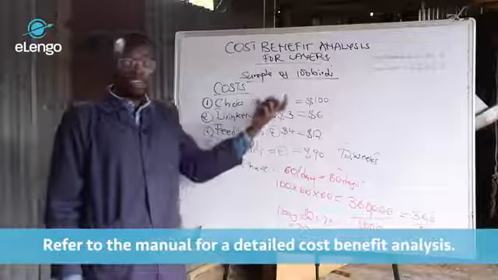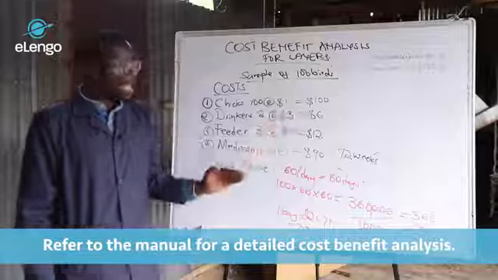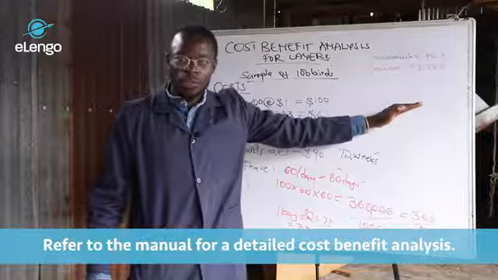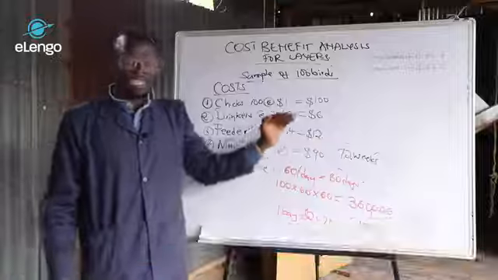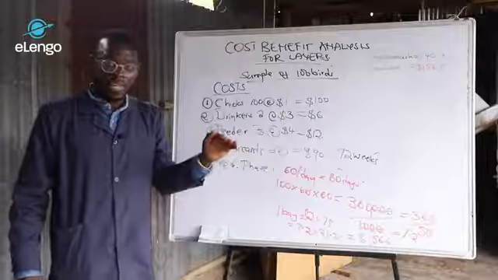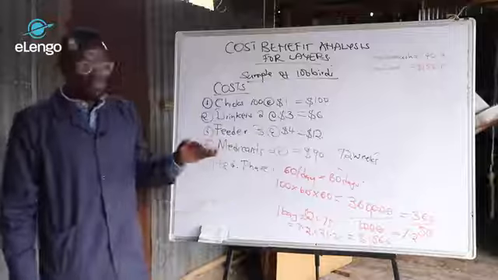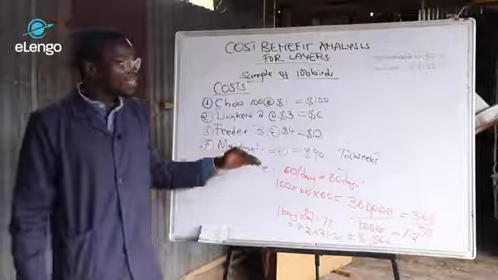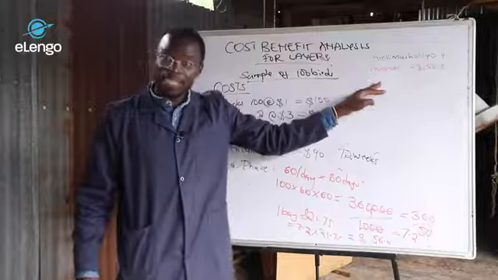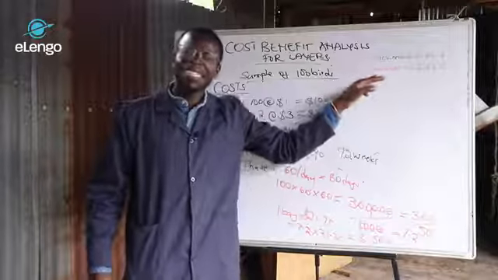So by going through the manual, you can understand that by getting to a certain stage, you would have made this amount of returns. By getting to a certain age, you would have made this amount of returns. Okay? So we can assume that our birds are now at 4 months. By the time our birds are at 4 months, you see, they will only have started laying at